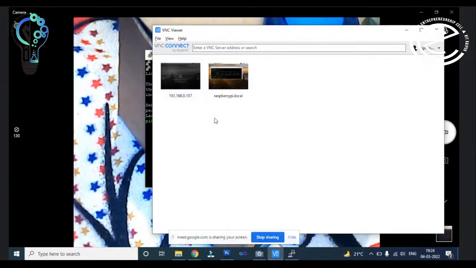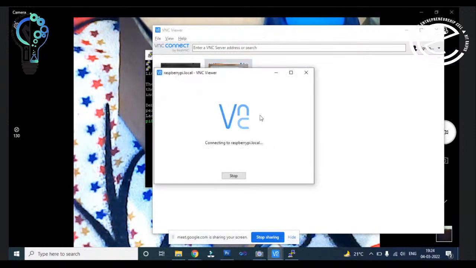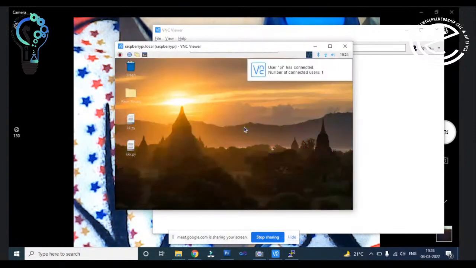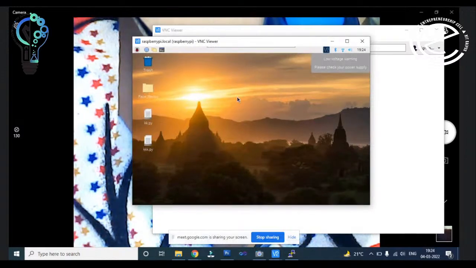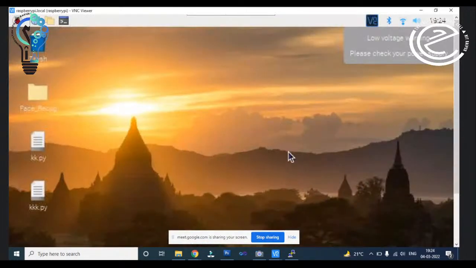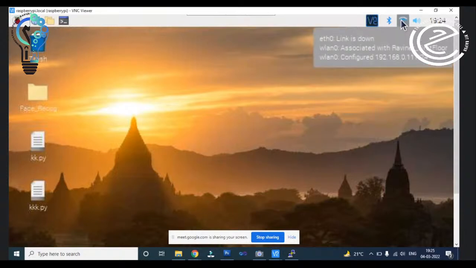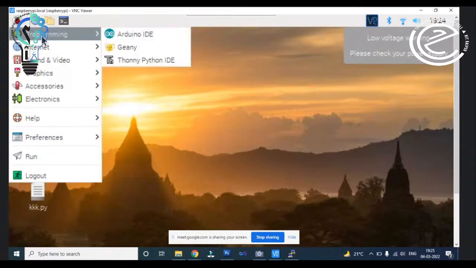So after connecting putty, you can go to the VNC Viewer and you can open the raspberrypi.local and it will again ask for the password, but it is already saved. Remember the password, then it will open directly and you can see the window, right? Now you have the LAN connection, so you can easily connect this Raspberry Pi board. Now I'm showing you an example of